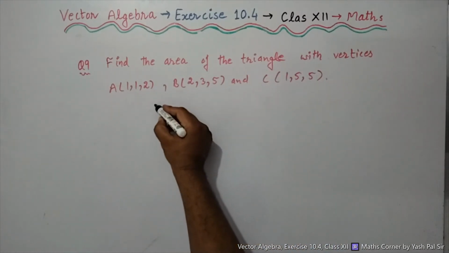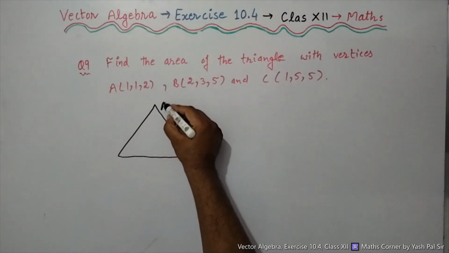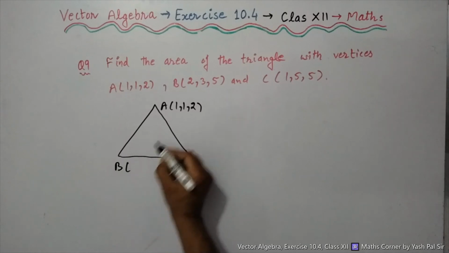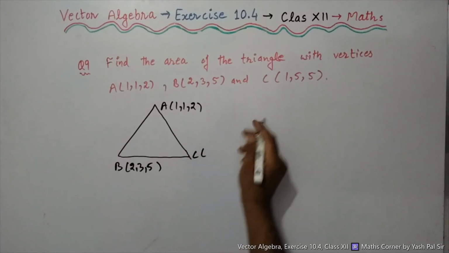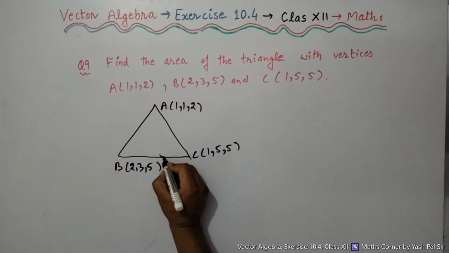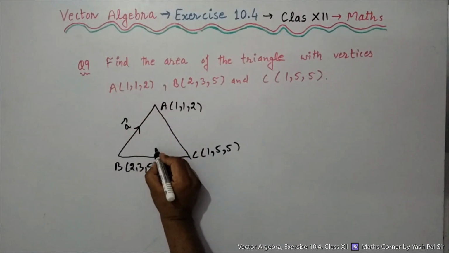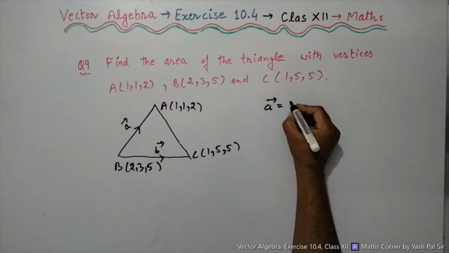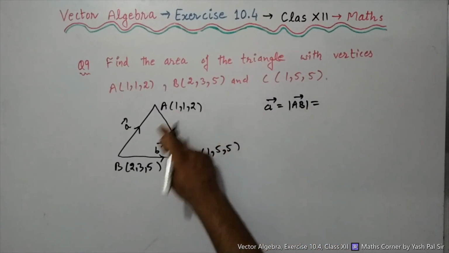Question number 9. Find the area of the triangle with vertices A. We have the triangle, A is the vertex (1, 1, 2), B is the vertex (2, 3, 5). The coordinates of C are (1, 5, 5). So here first of all we find, let BA is equal to vector A and BC is equal to vector B. So what is vector A? This is the vector